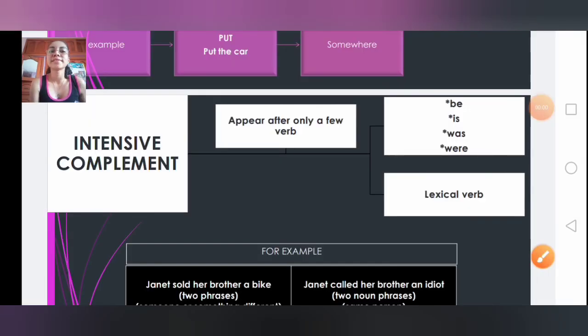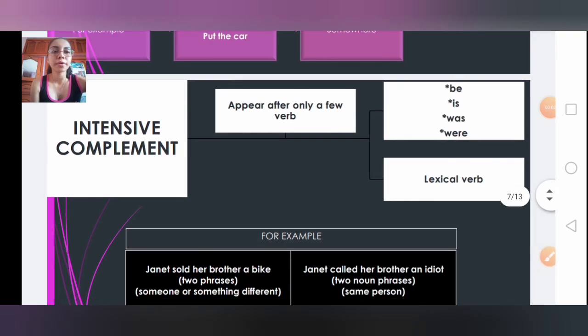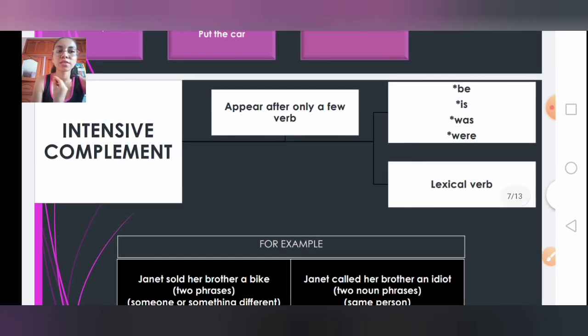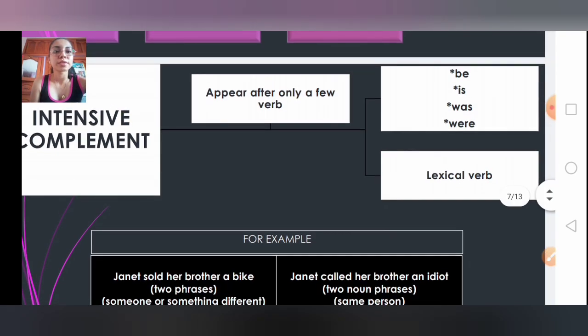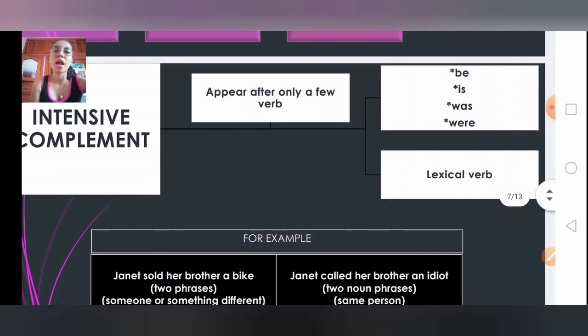Now, intensive complements. These appear after only a few verbs, typically after any form of the verb be, such as is, was, and were, when it's used as a lexical verb, but not when it's used as an auxiliary verb, or verbs such as seem, appear, and become, right? For example,